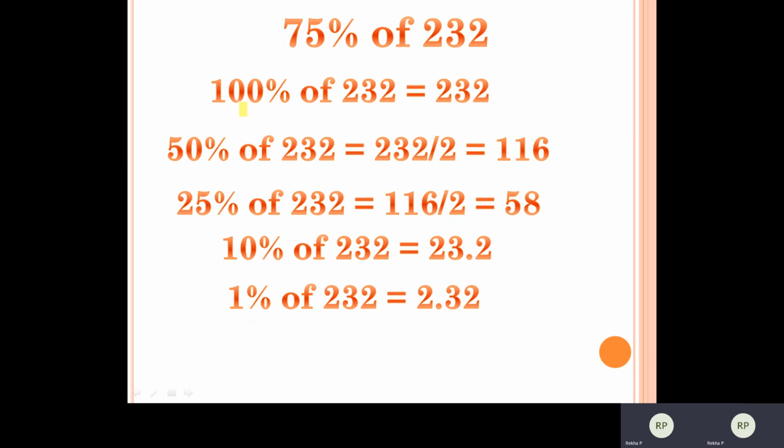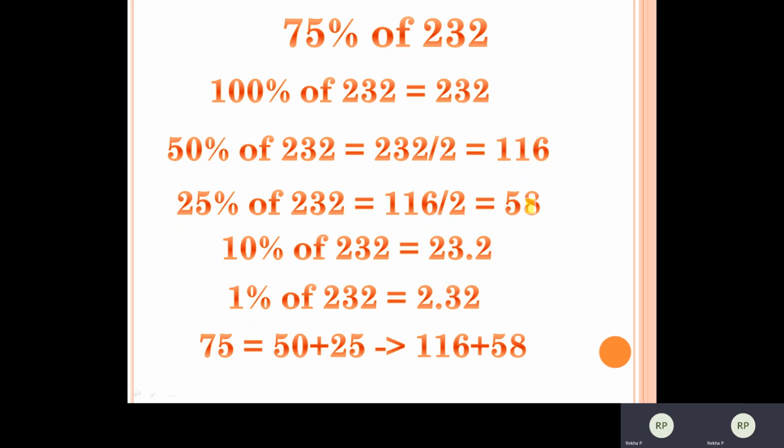For that, what you can do is represent the 75 as a combination of any of these. What is the easy representation of 75? It is 50 plus 25, right? So 75 can be easily represented as 50 plus 25. Then just add these. Whatever your representation, 75 is 50 plus 25, so you perform the same operation. You have to perform 116 plus 58. So 75 you can represent as 50 plus 25.